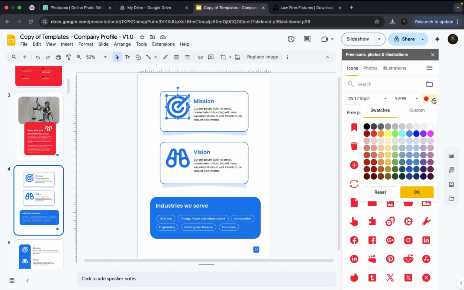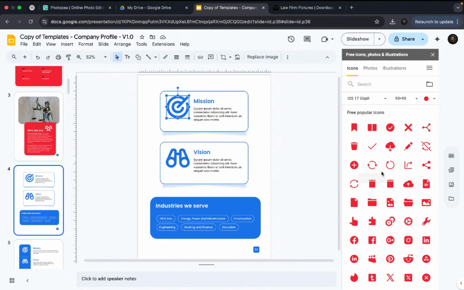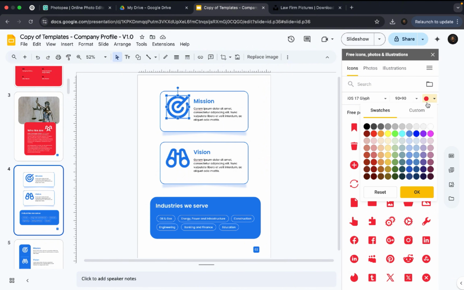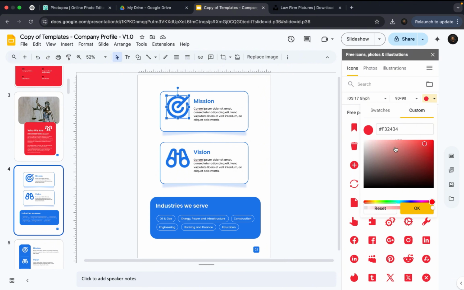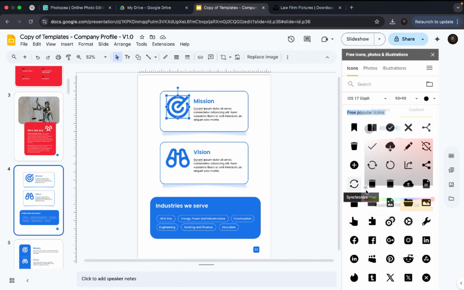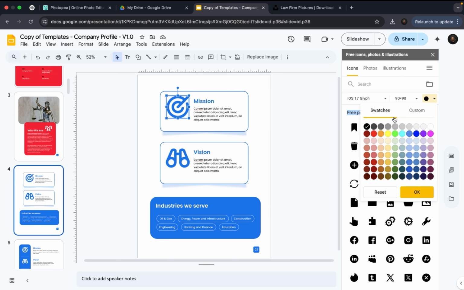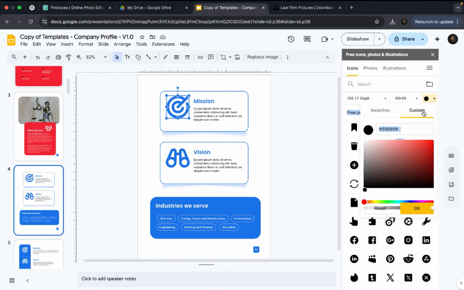So here, before you start typing the kind of icon you want, I recommend you come here and click on custom and select the color that you want to use. By default, I'm sure what you will see is black. But the reason why mine was showing red is because I'd used it before and it was red in this file when I used it. So I just come to custom and then you want to put your color code here. You can move this to select the color you want, but